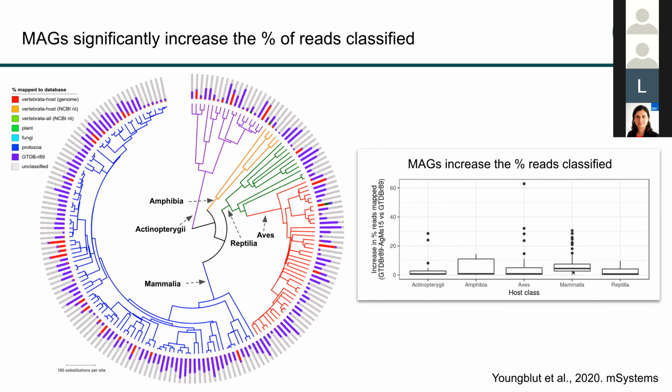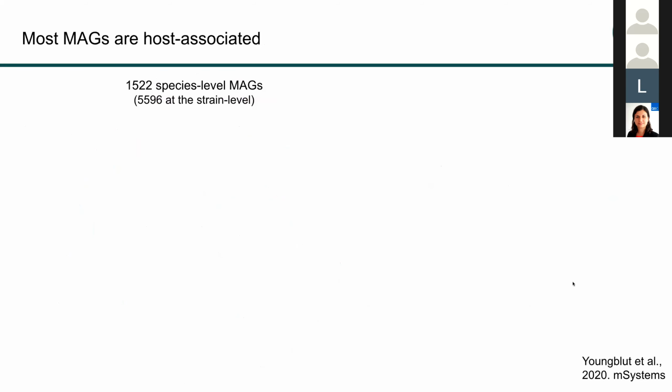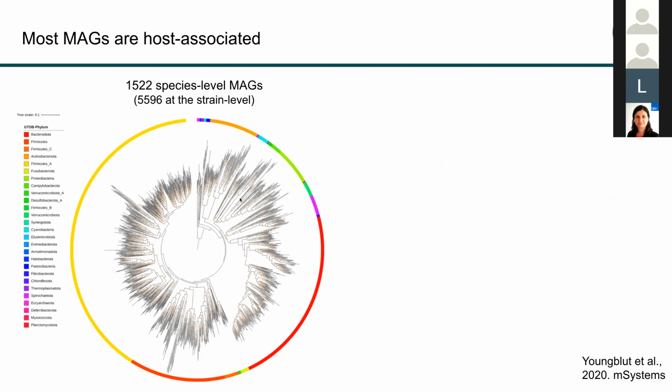And that makes sense given that a lot of the MAGs we generated were from mammals. So it did help to do all this metagenome assembly in terms of improving taxonomic profiling. But now that we had all these MAGs, we definitely want to analyze them further. So here is a phylogeny of all species level MAGs, all 1,500 approximately, with the phylum level taxonomy on the